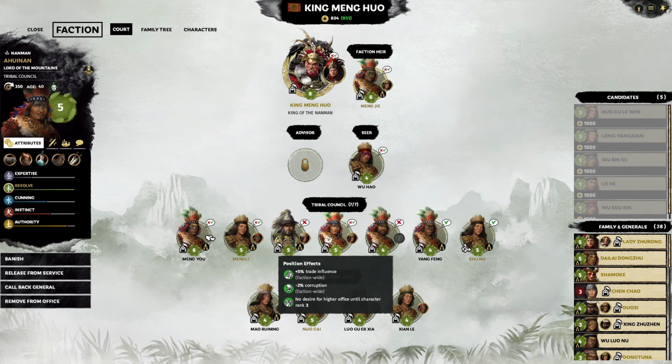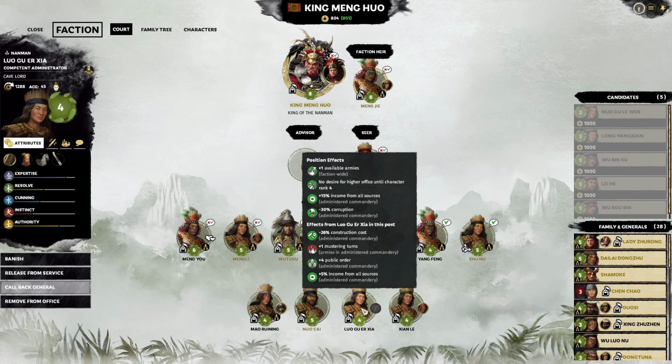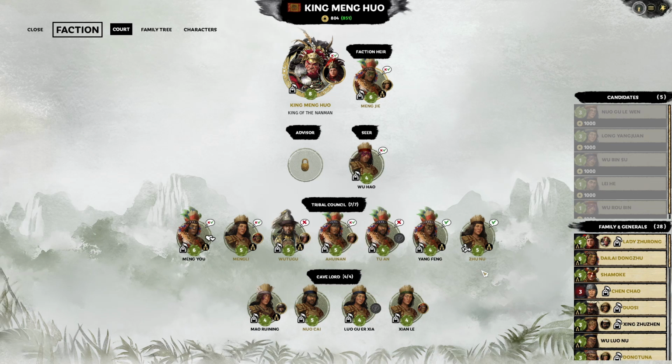So as you can see, you get quite a bit of corruption reduction just from your tribal council. Much more than most of the Han factions or bandit factions, which have probably the worst economy now that I have gotten a good look at the Nanman factions here, because you get pretty good corruption reduction. You also get the same amount of boost to income and corruption reduction with your cave lords, whereas the bandit